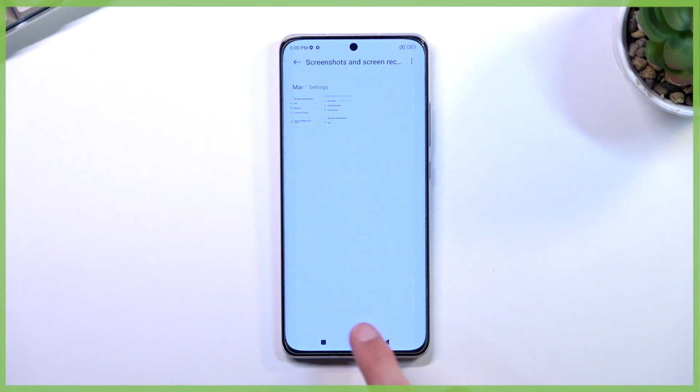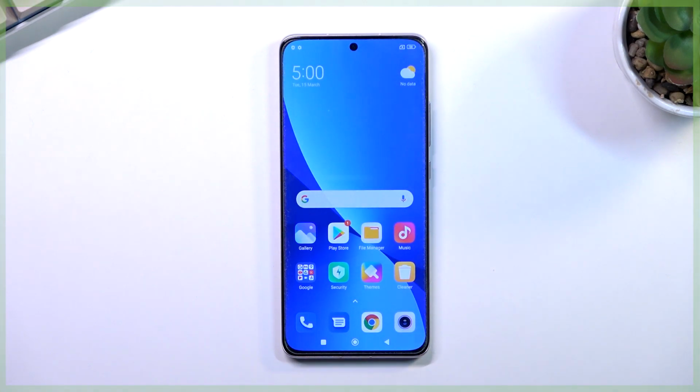So that is how you could capture a screenshot on this phone,